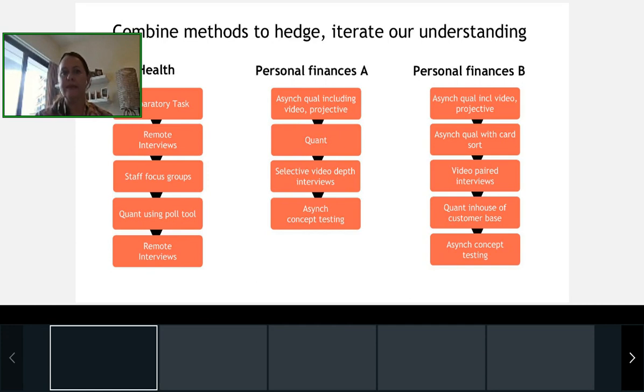So Project B, looking a little bit more at things like card sorts, people recording videos. So we can't always go into people's homes or into the street to do observations, but we can get them to upload video recordings for us. And then, of course, some quantitative as well, using some of our in-house capabilities. So these would be some of the typical mixed methods that we're using all the time, and we want to be speaking to people all the time.